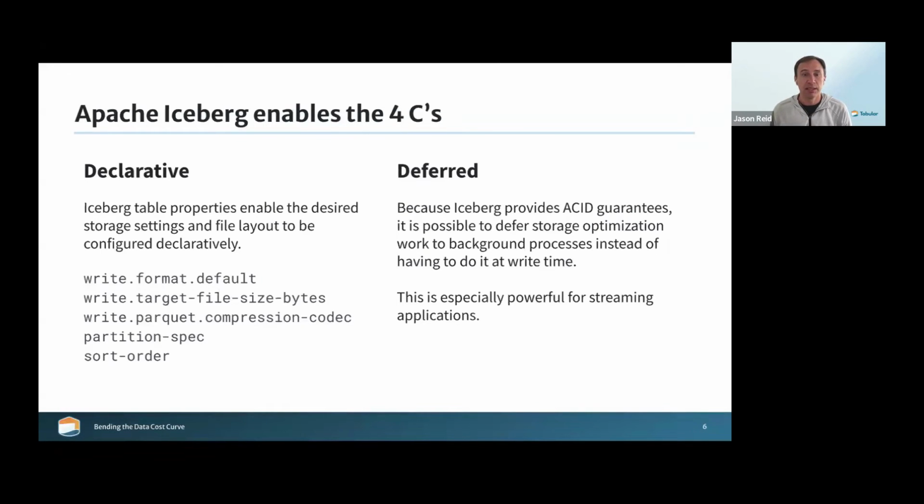And that's really where Apache Iceberg and Tabular come together to give you some real power. So the first thing that Iceberg allows us to do across these 4 C's is make these configurations declarative. So in a non-Iceberg world, like say at Netflix, when we were using primarily Hive tables,